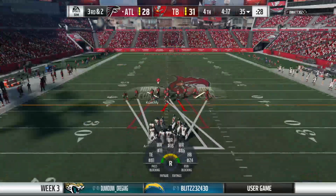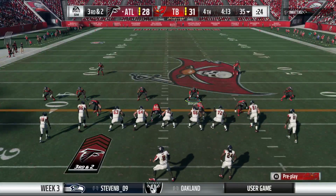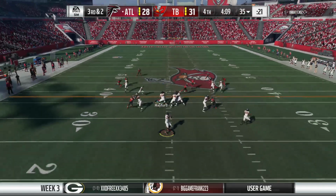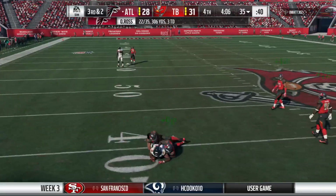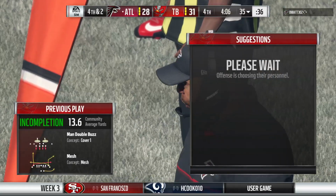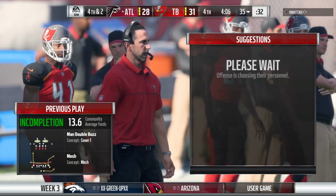The Falcons on third down. They've had good success, 5 for 8 to this point. This time they face a 3rd and 2. To throw is Ross, operating from the gun. And he couldn't hang on to it through the contact. Incomplete. When they need to play on third down, you kind of know what direction the ball's going, but the